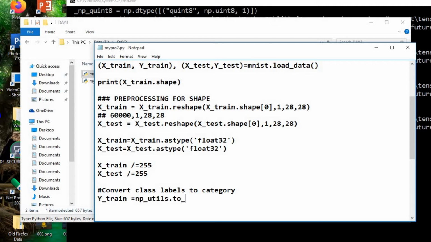So y_train is equal to np_utils, from that we will call to_categorical, which is responsible for converting the entire labels array into categories.